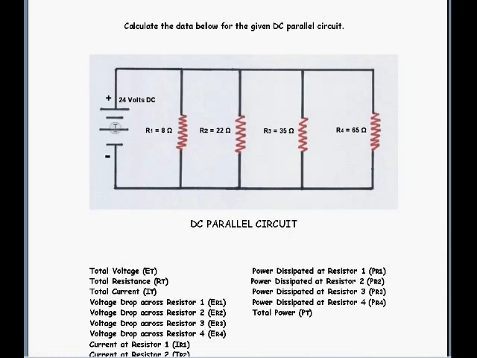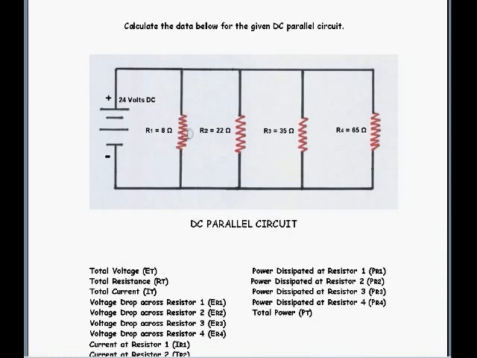What we need to know is the total resistance involved in the parallel circuit here, and that is accomplished by using the inverse summation rule in regards to resistors in parallel, which you cannot add together like you can with series resistors. In parallel DC circuits, in regards to total resistance, you have to use the inverse summation rule, and you do that by taking 1 over